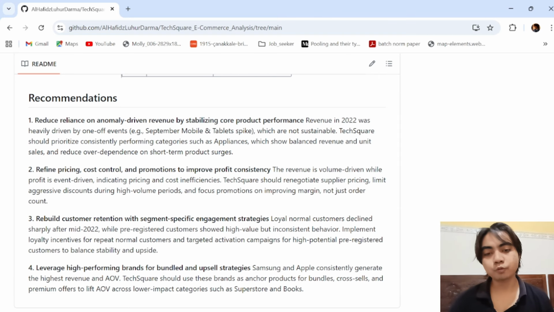Rebuild customer retention with segment-specific engagement strategies. The loyal normal customers declined sharply after mid-2022, while the pre-registered customers show high value but inconsistent behavior. Implement loyalty incentives for repeat normal customers and targeted activation campaigns for high potential pre-registered customers to balance stability and